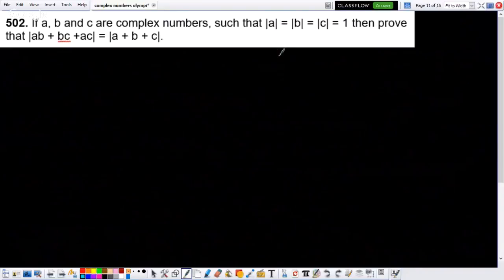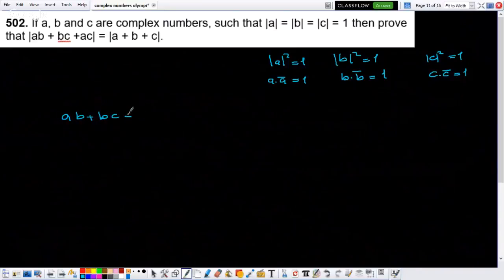If the module of A is equal to 1, then the module of A squared is equal to 1. This means that A times A conjugate is equal to 1. B module square is equal to 1, so B times B conjugate is equal to 1, and C module square is equal to 1, which means C times C conjugate is equal to 1. So if you write here AB plus BC plus AC in module,